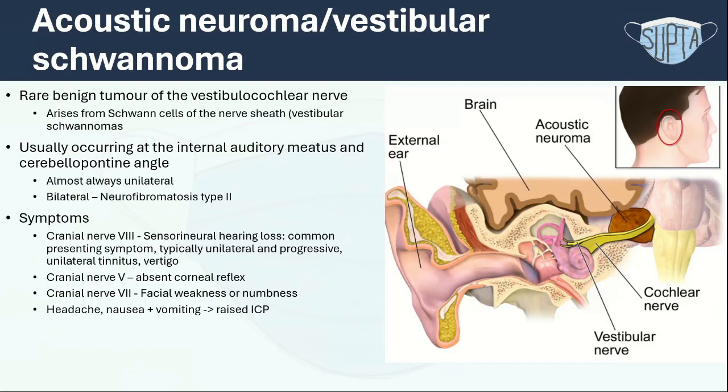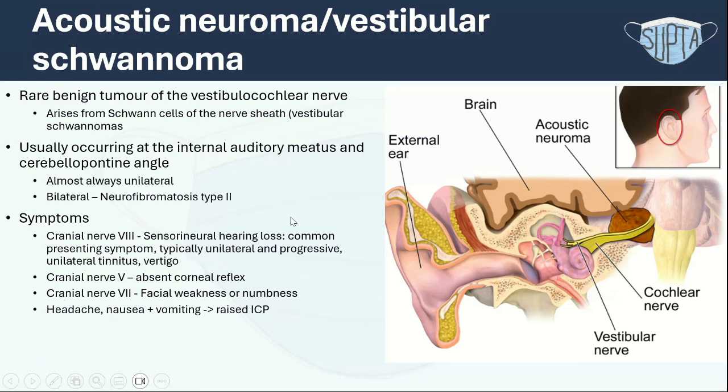So now from that anatomy, we go on to talk about acoustic neuromas or vestibular schwannomas. This is a rare benign tumor of the vestibulocochlear nerve that arises from the Schwann cells. They usually occur at the internal auditory meatus in the cerebellopontine junction, and they're almost always unilateral. And if it's bilateral, it does raise flags for